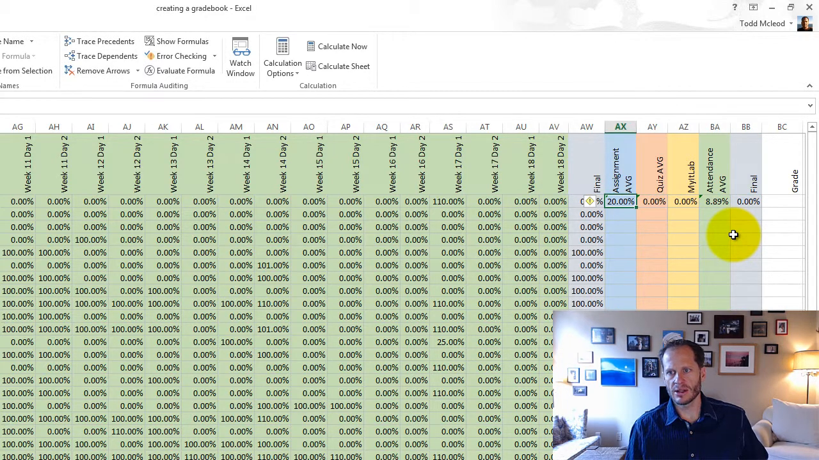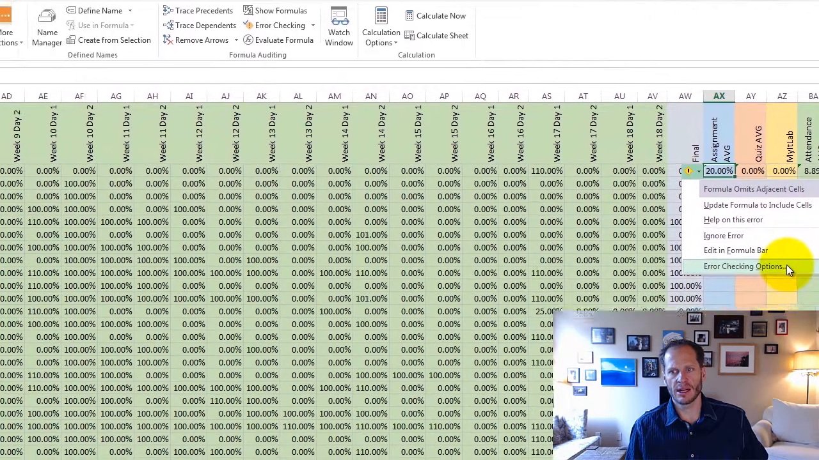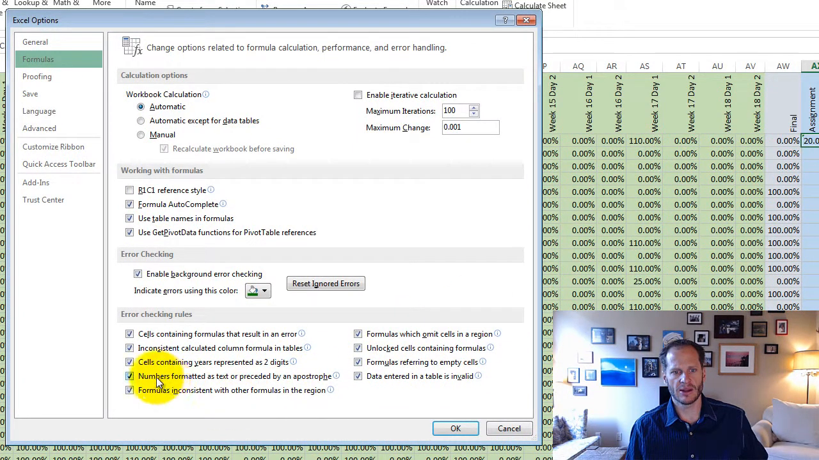And now you'll notice that I'm getting a little exclamation point. What's that mean? So I could click on that and it'll give me my error warning. Formula omits adjacent cells. So that's an okay, that's not a bad error. I could even go into error checking options and I could say, don't notify me when,